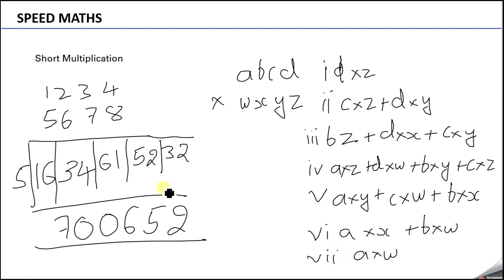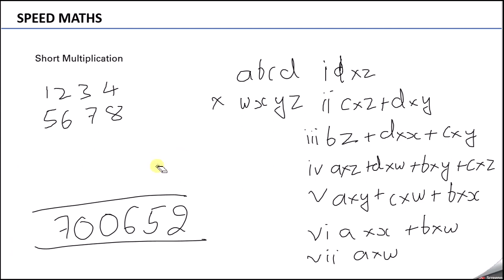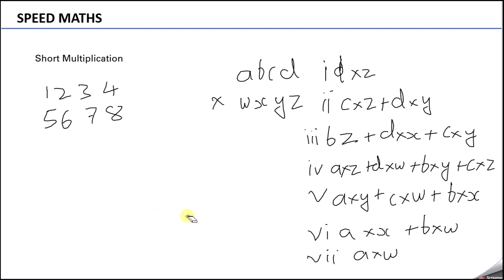I'm extremely sorry, I think I missed one step over here. So let me do this again. If we start this, 8 fours are 32. 8 threes are, following the steps, 24 plus 28. 24 plus 28 is 52. Next is 8 twos are 16 plus 24, 40, plus 21, 61.